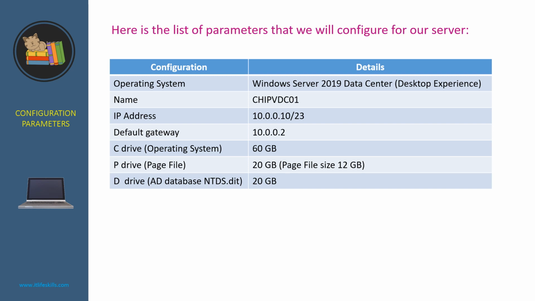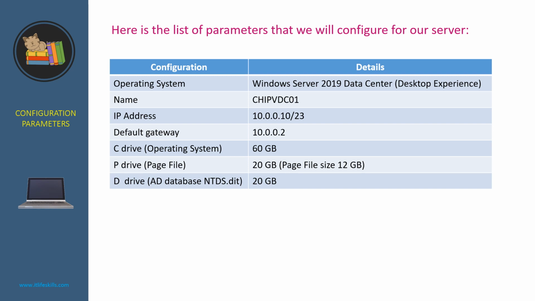Here is the list of parameters that we will configure for our server. First of all, we are given the server with the operating system Windows Server 2019 Datacenter desktop experience. We need to configure the name of the server as gpvdc01, and we need to set the IP address for the server as 10.0.0.10 with the subnet mask of /23. Then we need to configure the default gateway as